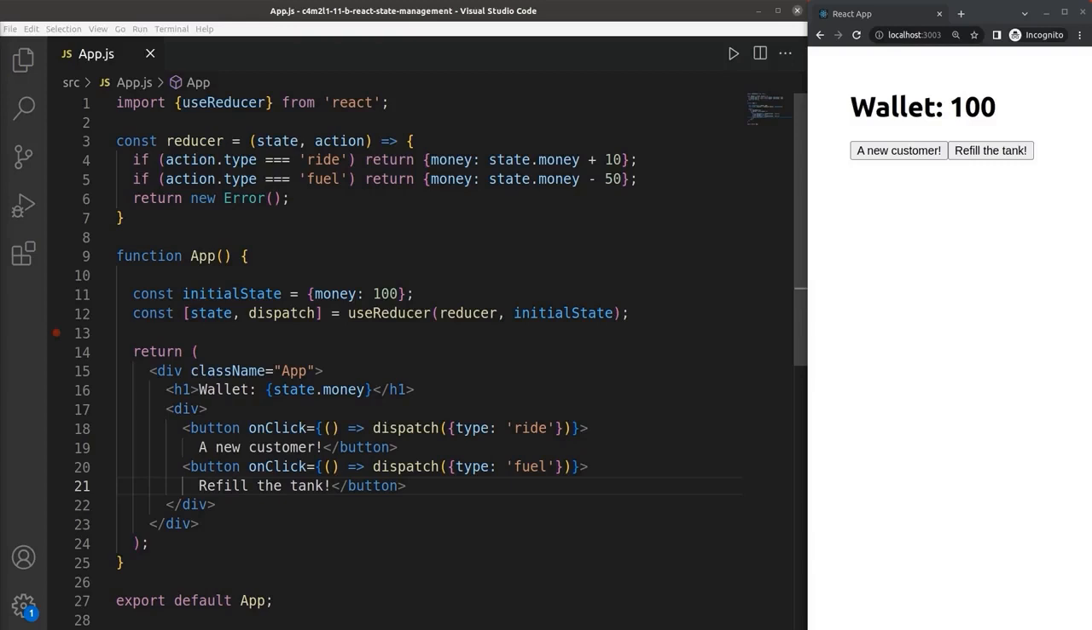Instead of using setState like in the useState hook, I use the dispatch method of the useReducer hook, which accepts an object literal with a single property, type, set to a matching action.type, whose behavior is defined inside the reducer function. Now, when I interact with this app in the browser, I can increase the money value by clicking the A New Customer button, or decrease it by clicking the Refill the Tank button. In this video, you learned how the useContext and useReducer hooks can be used to manage state more efficiently across